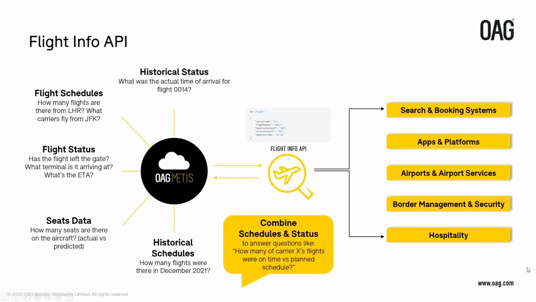Thank you. Cool, thanks Sarah, and thanks everyone for joining us today. So I thought it'd be best first to give a high level overview of our Flight Info API before we dive into the customer use cases. The Flight Info API that we launched toward the end of last year is really aimed at making it as easy as possible for our customers to understand what airlines are planning to do, and then equally what's actually happened.